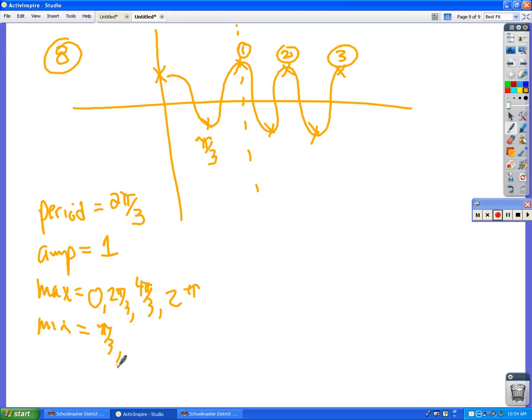I see why you guys want to really get this on your own. Okay, and then the next minimum, I'm going to add 2 pi over 3 onto that. So that would be 3 pi over 3, which would be just pi. And then if I take that pi and add another 2 pi over 3 over that,